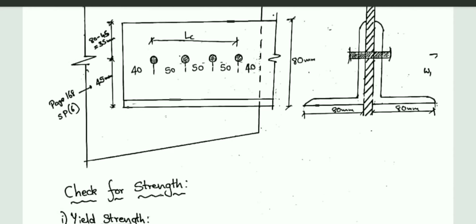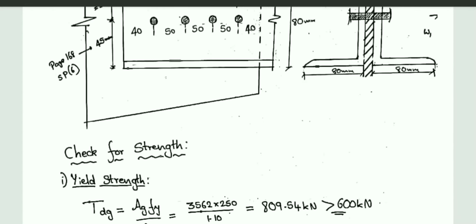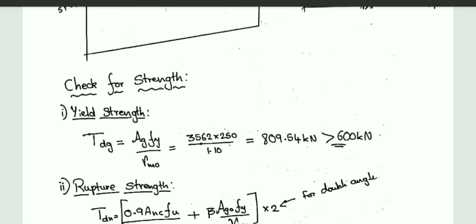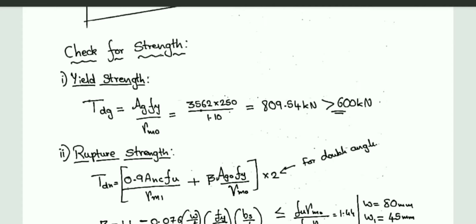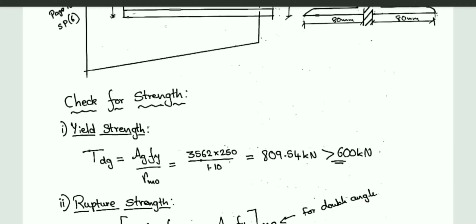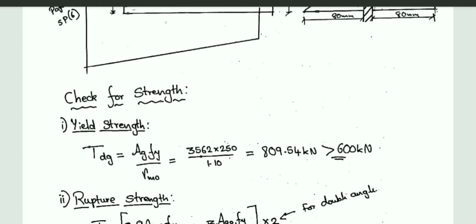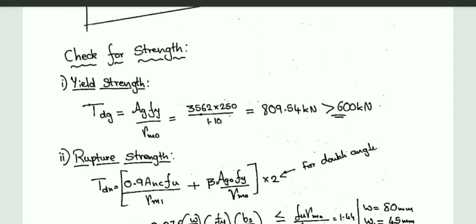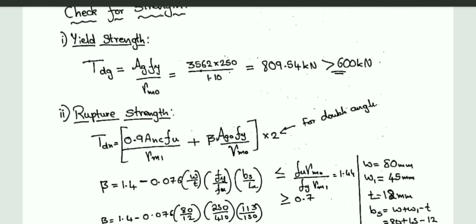Already the selection of angles and the number of bolts to be used for the connection has been solved. We have got those values. Now let us go for the next one, the check for the connection, whether the connection is safe or not. Okay, so here, same as the previous problem, you need to go for 3 checks. One is strength at gross yielding, the second is strength at rupture of the critical section, and the third is the block shear strength.